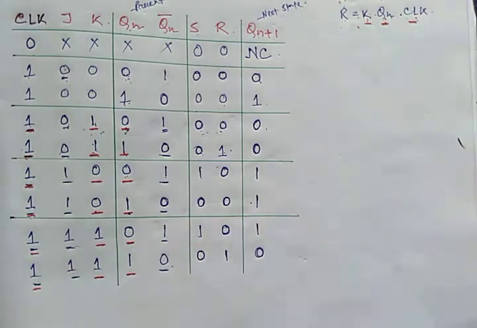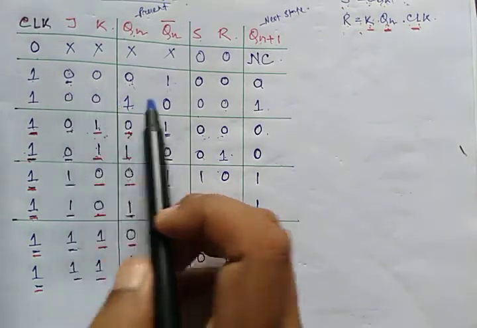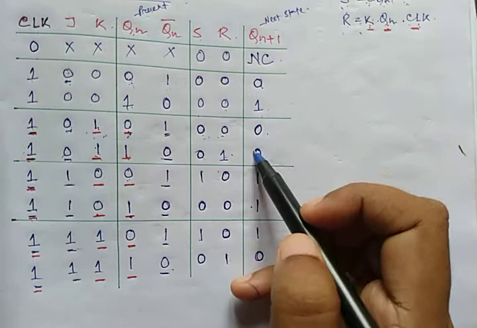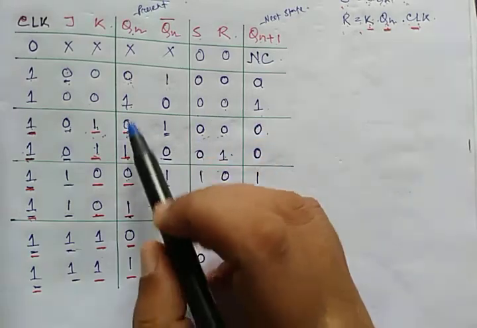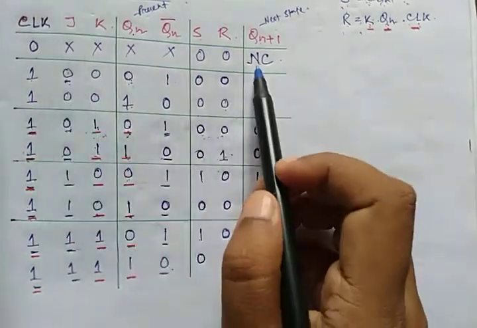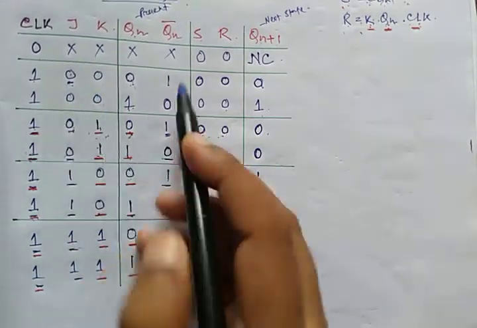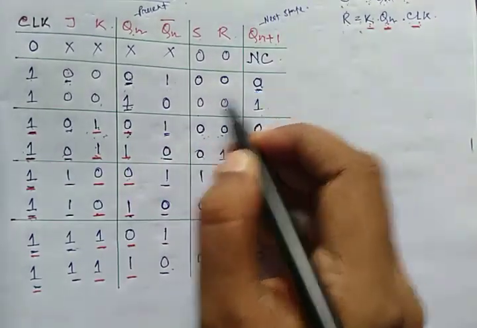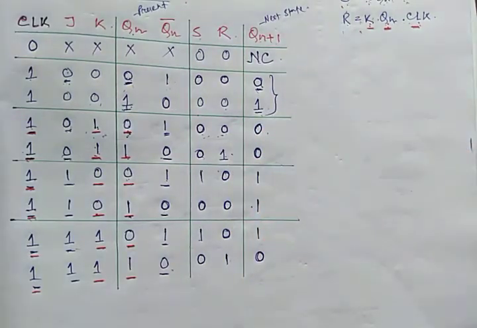Now from this truth table we can come to a conclusion. As we have checked every time two states by taking input Q as 0 and 1, we get this conclusion, and from this we can derive a single conclusion. What is the single conclusion? When clock is 0, obviously it is no change. When clock is 1, both the inputs are 0. You can see that whatever the value of Qn, Qn plus 1 has the same value. When Qn is 0, Qn plus 1 is also 0. When Q is 1, Qn plus 1 is also 1. So we can mention this condition as no change.